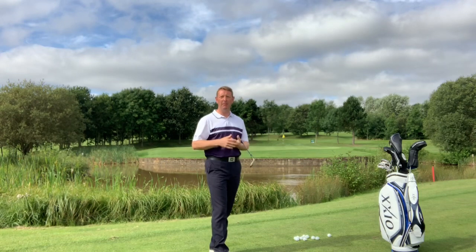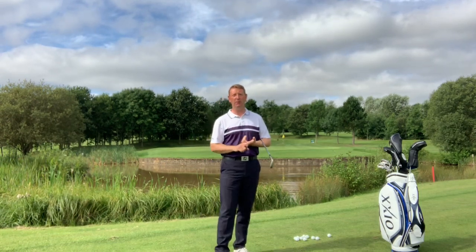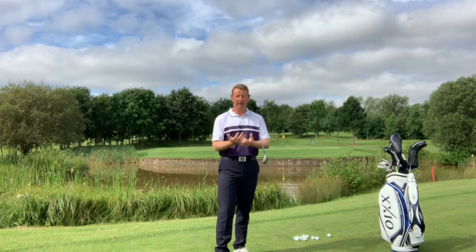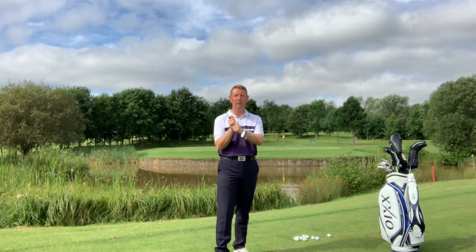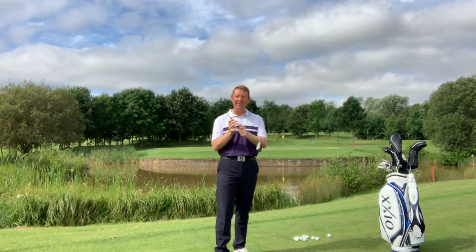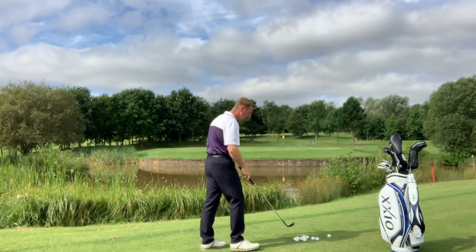What's then going to happen is now you're going to start to get frustrated and you're going to become fearful, and when you get frustrated and fearful you're going to start to become tense, and when you're tense your muscles are useless, they're not going to work efficiently and effectively, they tend to slow down. So if you're nervous, I'm going to play another shot now,